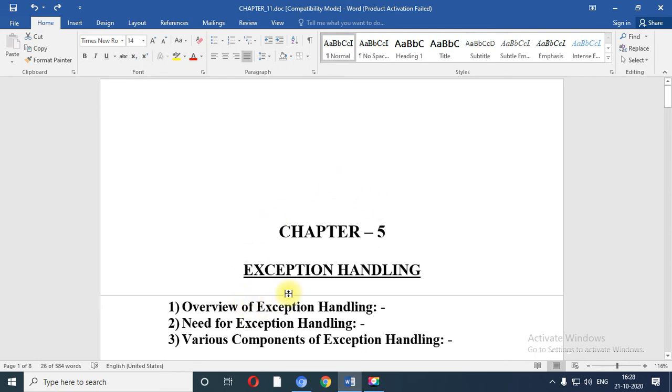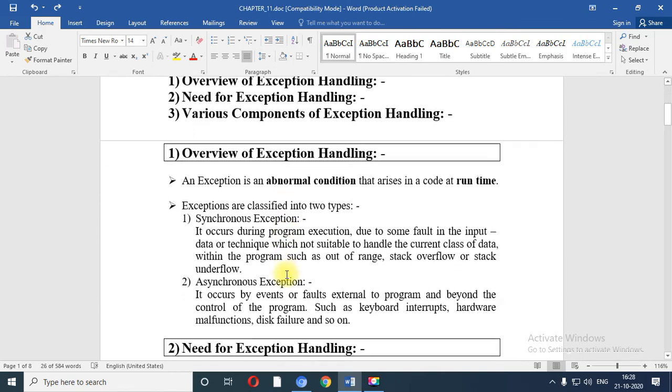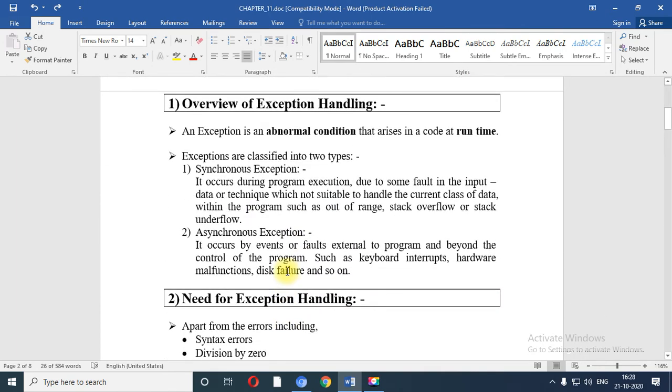I am going to again give the overview of exception handling. An exception is nothing but an abnormal condition which occurs during the runtime execution of a program. There are two types of exception which occur during the program: one is called synchronous exception, the other is called asynchronous exception.